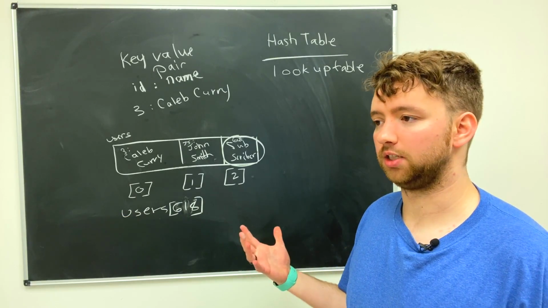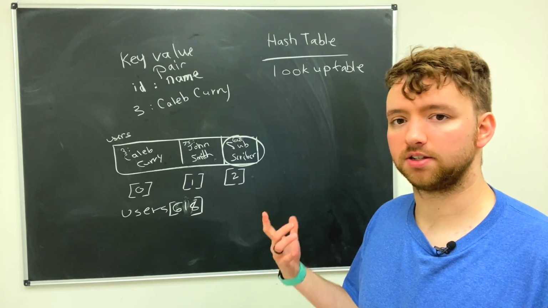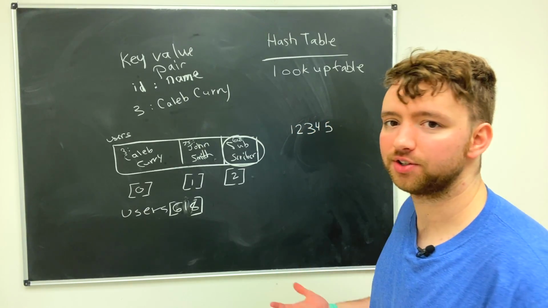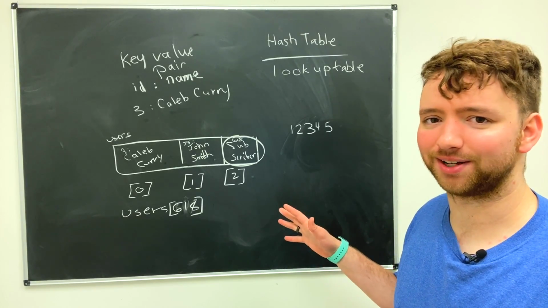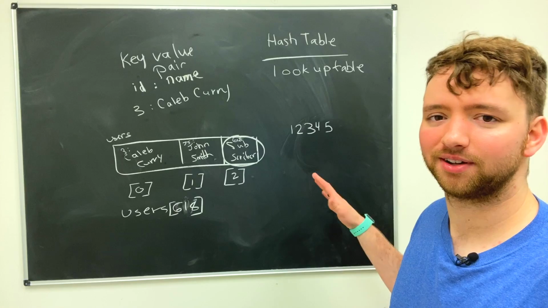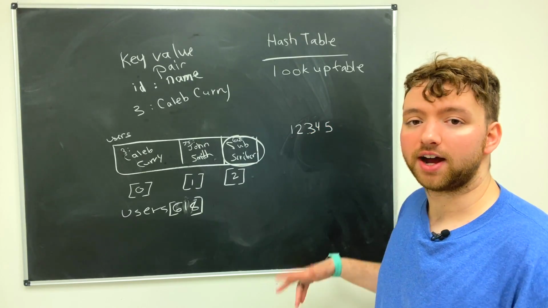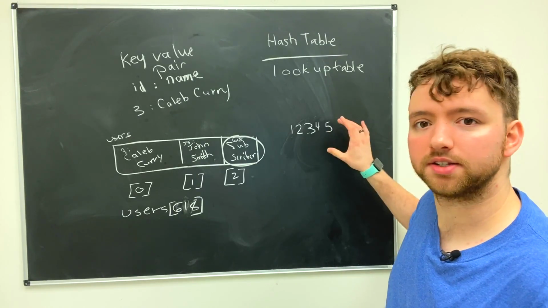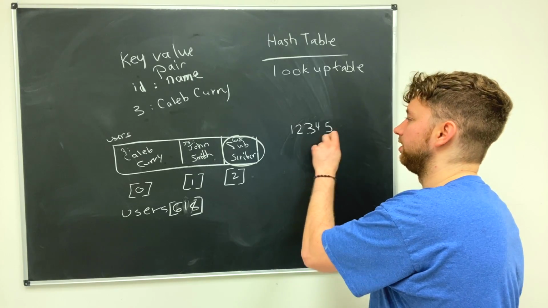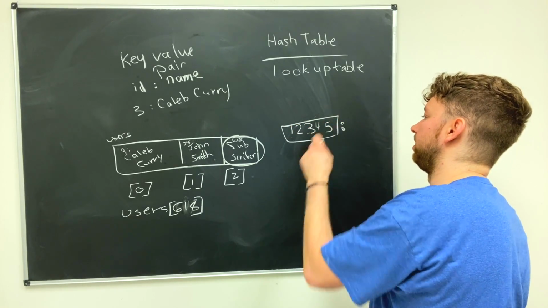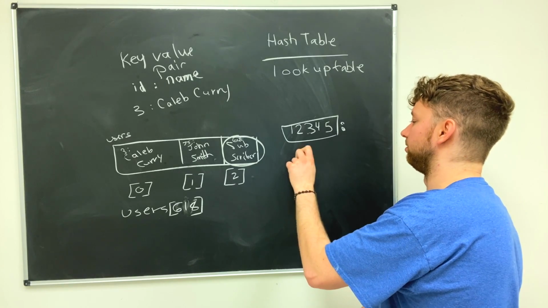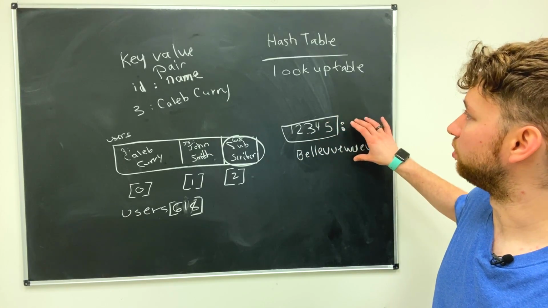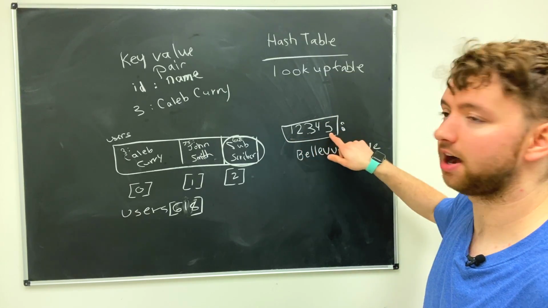Another example of what a lookup table might be is, let's say you have some zip code. I'm in the US, so I'm not really sure how things work in other countries out there, but just focus here for a minute. 1, 2, 3, 4, 5, that could be a zip code, and you might have a lookup table to see what city this is in. So you would have this is the key, and this might be associated with, I don't know, Bellevue or something. Yeah, I don't know how to spell. Anyways, that's another example of a lookup table. Anytime you use some value to get extra